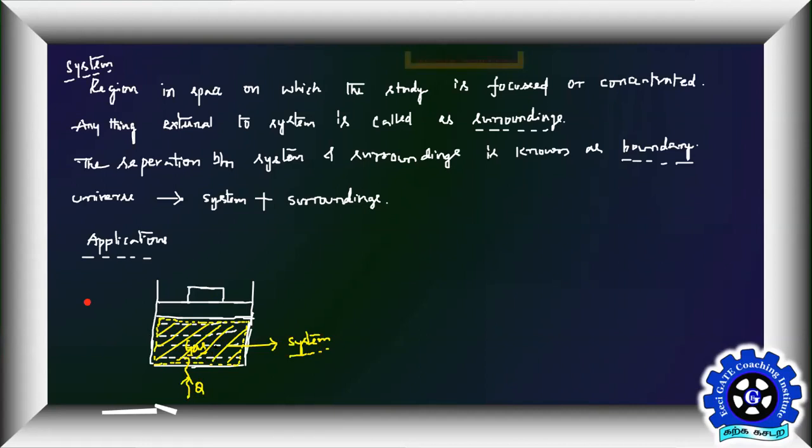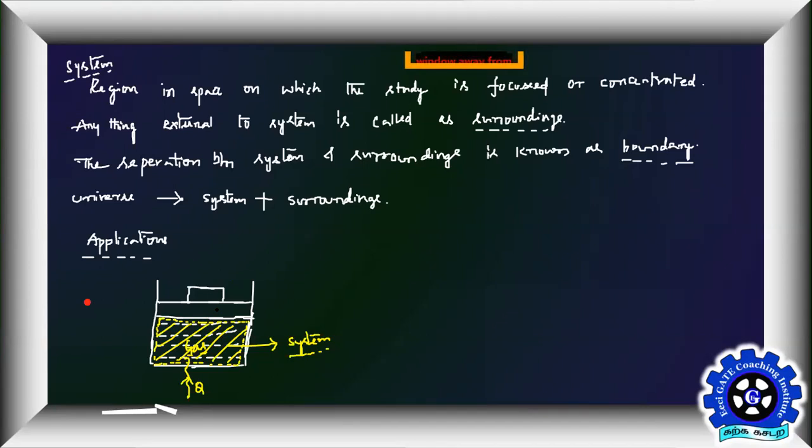These kinds of terms we use very commonly and rigorously in thermodynamics. Whenever you see a displacement in the direction of force, as you might have learned in mechanics. When you say work is done, it means a displacement is happening. A displacement is a vector, a distance is a scalar, that's the difference, otherwise they are the same. A displacement happening in the direction of force, then we call it work done. That is F bar dot S bar. I'm just recollecting the statements you have learned in mechanics and the basics of physics.